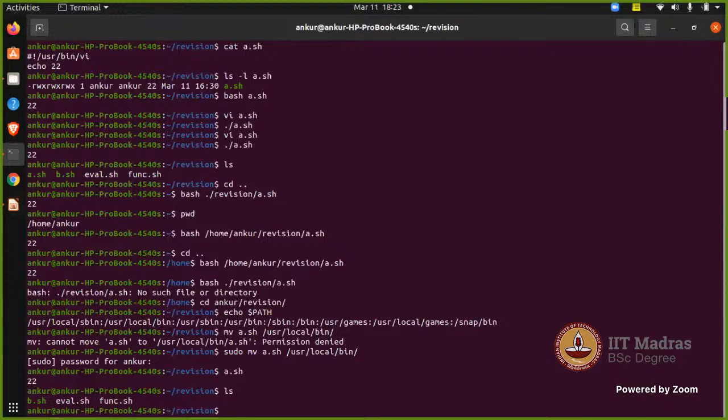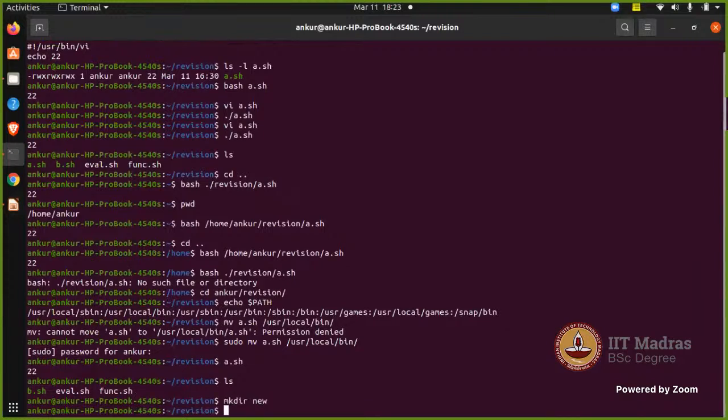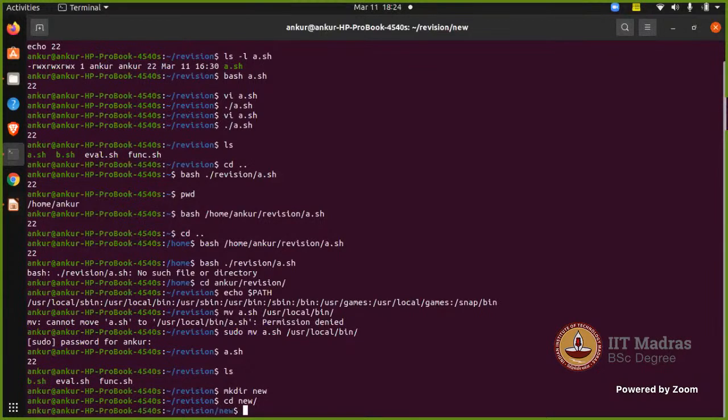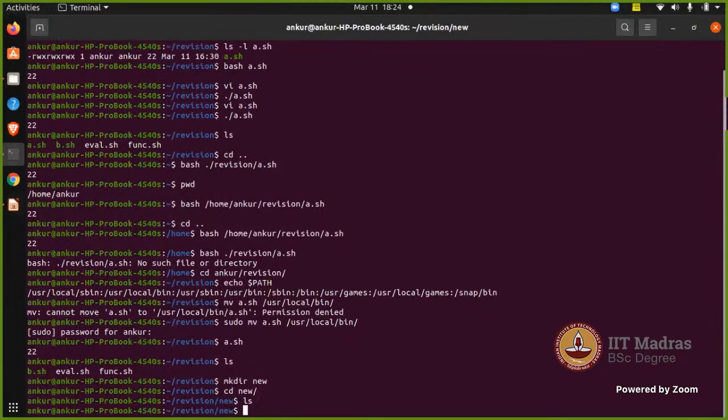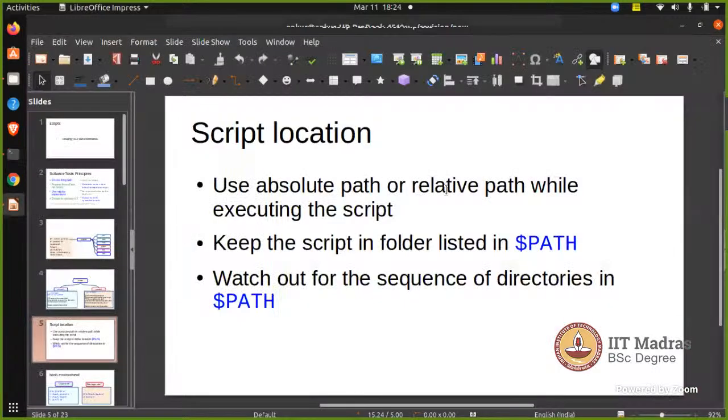So suppose we have created a new directory and we have moved to this directory. So a.sh is nowhere. No file is in this directory. Even then, if we run this, it will run. So this is how, if you have some program that you want to run every time, that you need very frequently,